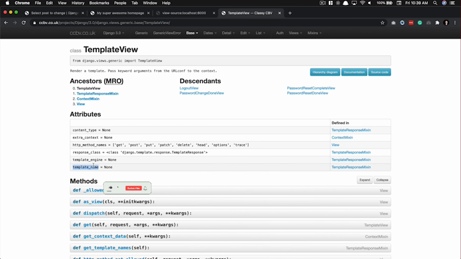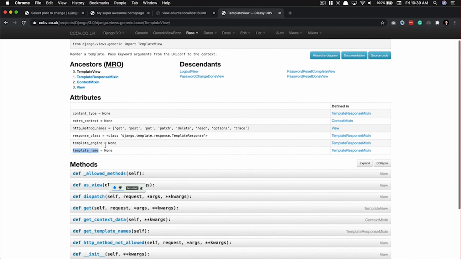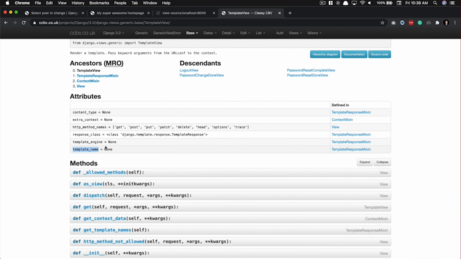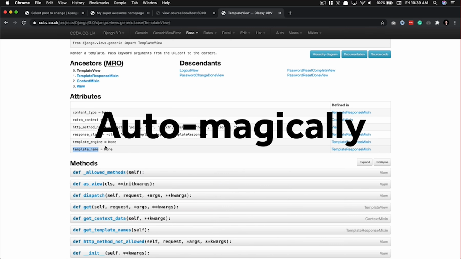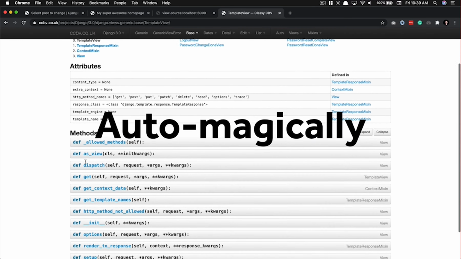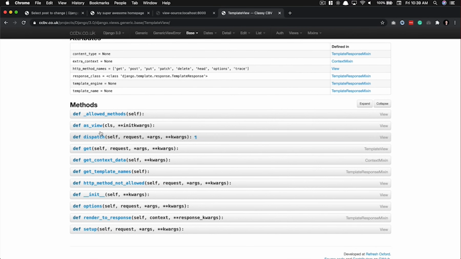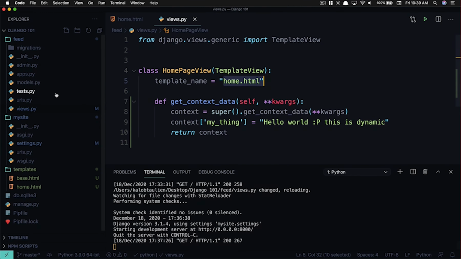class, template engine, and a template name. Currently, we're only using the template name because everything else is automatically done for us or handled for us. And what I like to call it, because it's sort of magic, it's auto-magically handled for us. And then we have these methods, and we have asView, which we've actually used, believe it or not, in our